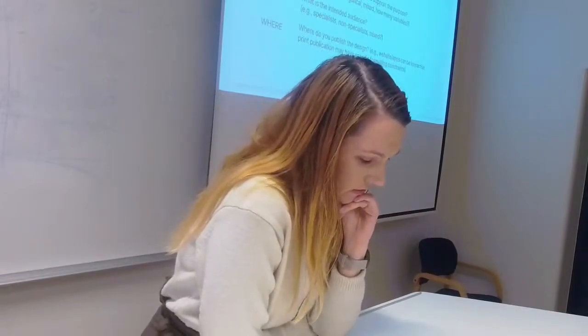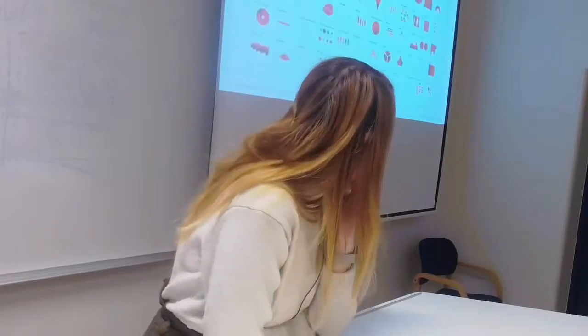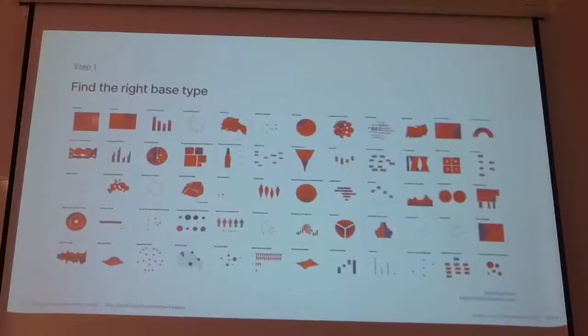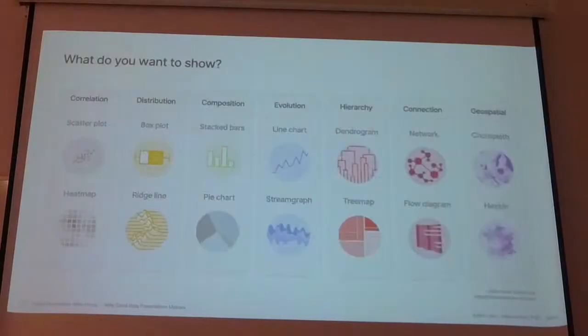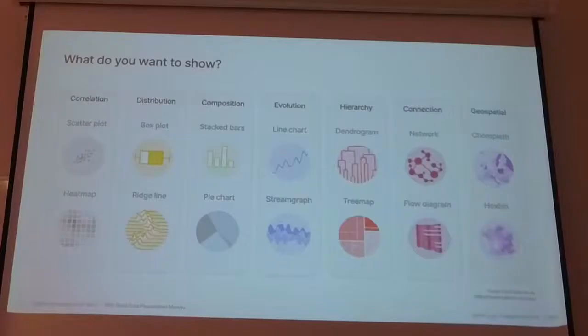Now, not all of these graphs are applicable for everything. So we start by thinking about what do we want to show, what do we want to visualize, how are the data interacting with one another. So there are several different categories. I just split them up into seven, but there might be different ways to categorize them. And you start by thinking about, okay, do I have some sort of correlations, developments over time? And some of these